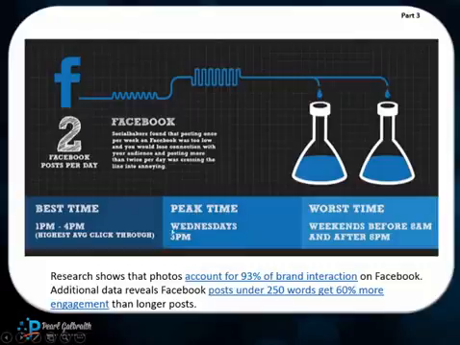And you always want to hit Wednesday at 3. Research shows that photos account for 93% of brand interaction, meaning you are best to have a photo along with your post, and posts under 250 words get 60% more engagement.